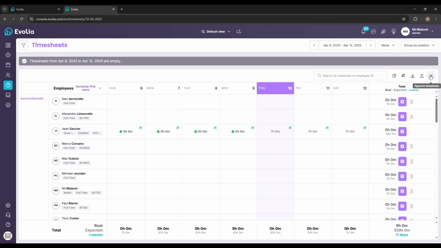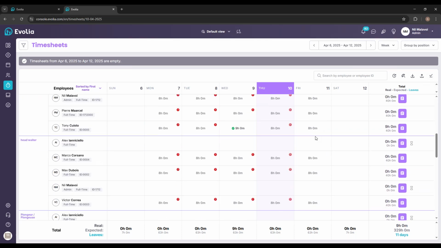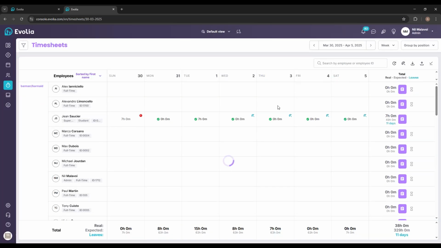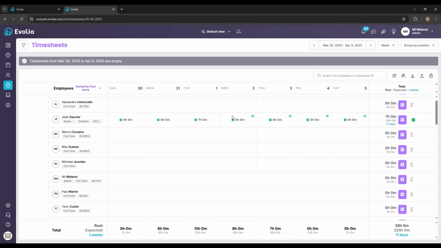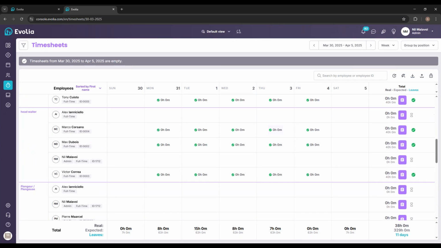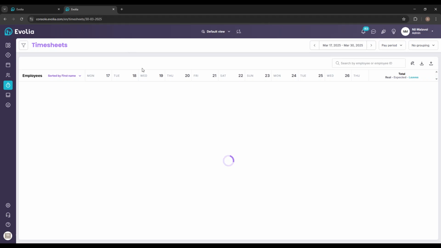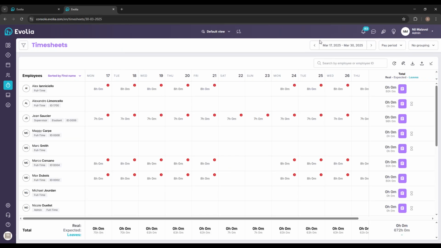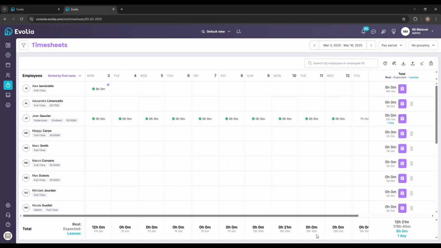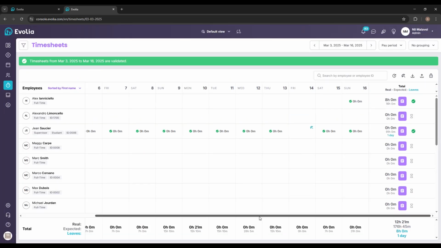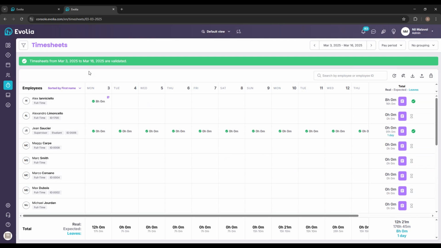And then you also have a button here to approve all of your timesheets for the week. So let's say I go back here and let's say I were to do that, just approve all of the timesheets at once. Once all of the timesheets are approved, you will see, if we go back here, say we approve these. So once you've approved all of your timesheets, you will see here a logo or a